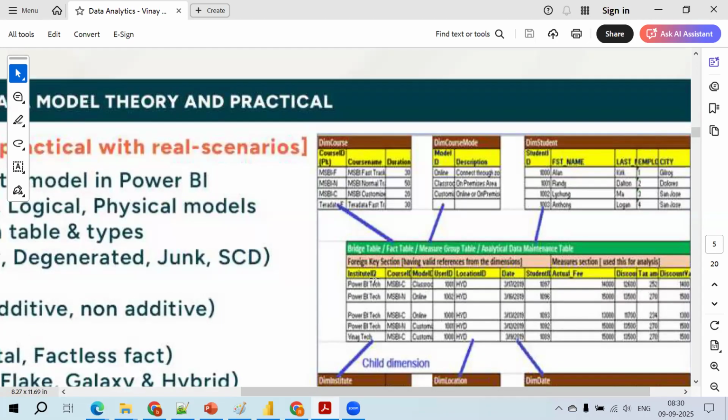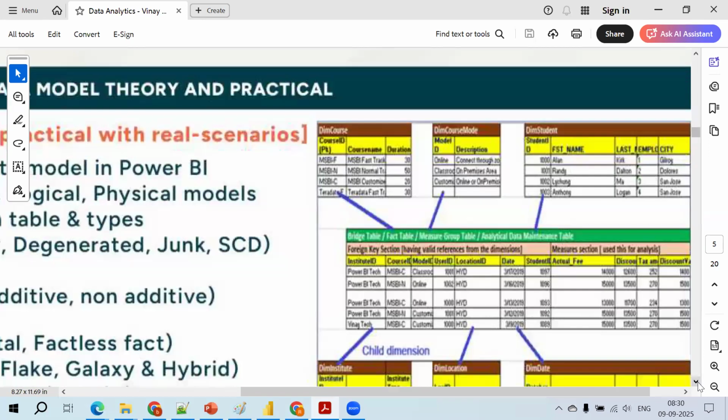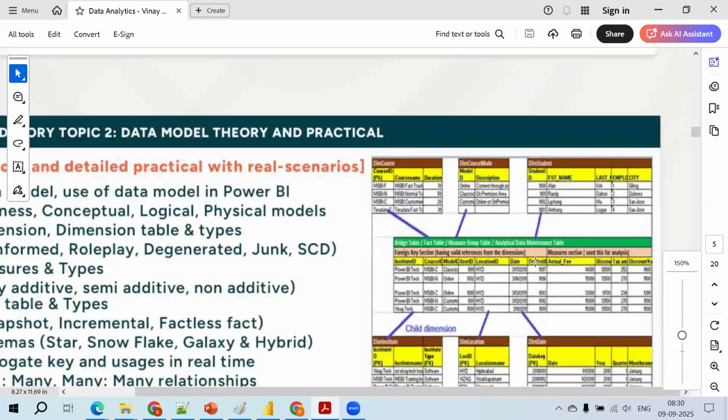These are the different dimension tables, and this is the fact table. It may not be a clear one, but see, the course, course mode, online or offline, student details. All these tables are directly connected to a table called a bridge table or else a fact table.